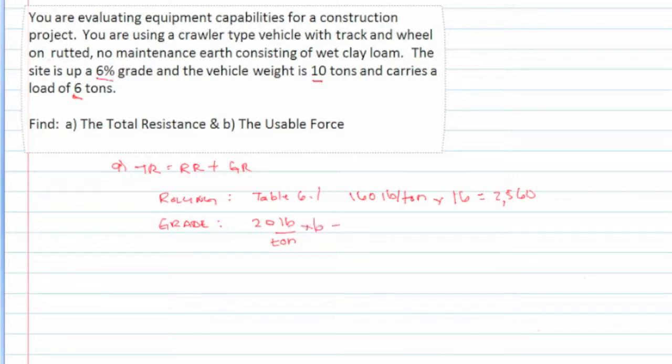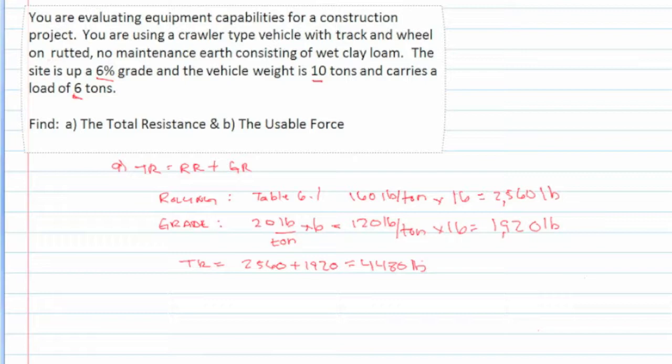So times 6 is going to equal 120 pounds per ton, and again times 16, and it equals 1920 pounds. Okay. So then we can find our total resistance. Our total resistance here is going to be 2560 plus 1920, which is equal to